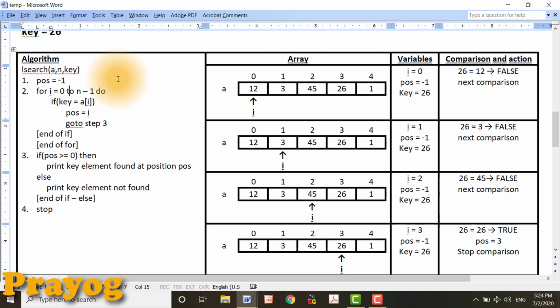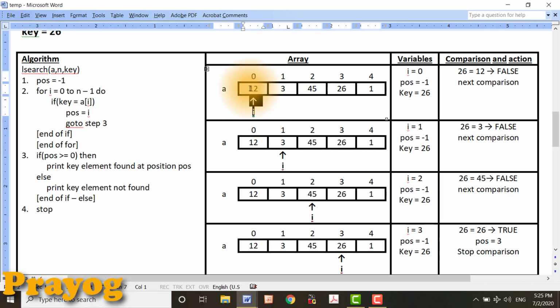Later, it starts comparing the key element with the array elements one by one under a loop. The loop is going to run from 0 to n-1. Every time it is going to compare the key value with the array element A[i]. As you can see, the value of i is 0 for the first time. So this pointer is set, which is pointing to 12.